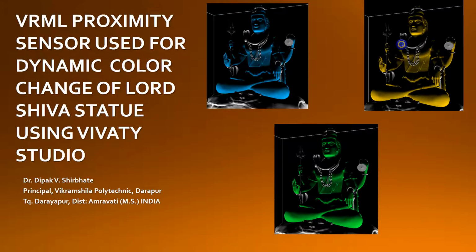And today I'm going to demonstrate the virtual reality modeling language proximity sensor, which is used for dynamic color change of a Lord Shiva statue using Vivati Studio. Now, a proximity sensor can be used for triggering any event whenever your presence is detected within the region of the proximity sensor, and the same has been demonstrated in